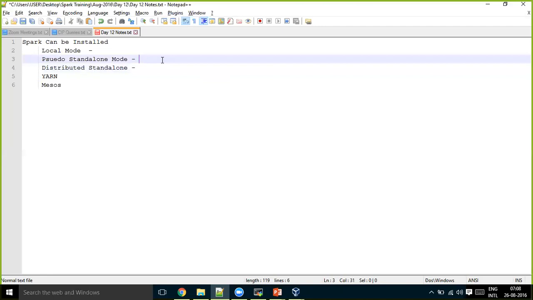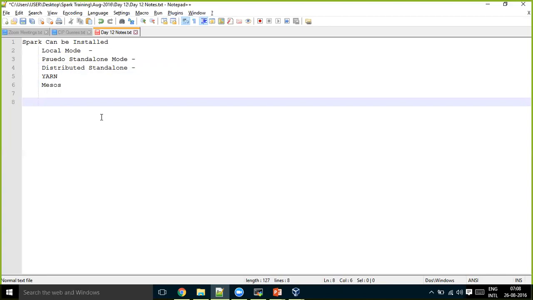In my VM, what I observe is a pseudo standalone mode of installation. Even if you want your master and worker services to be running on your laptops, I have given you the commands to run them: start-master.sh and start-slave.sh.